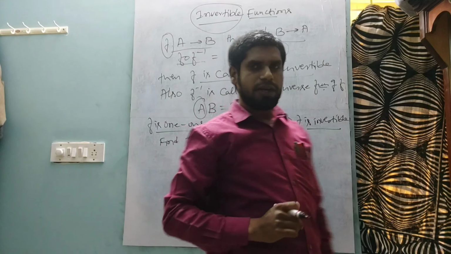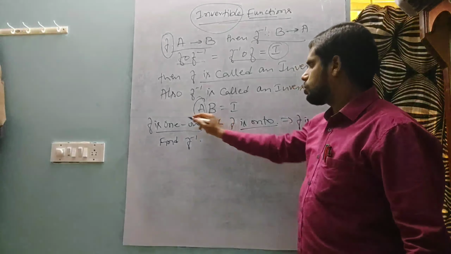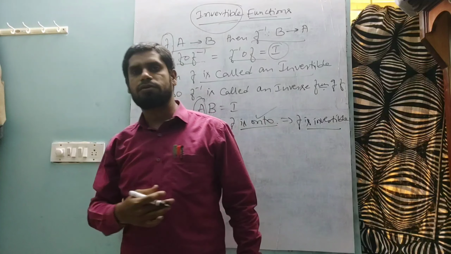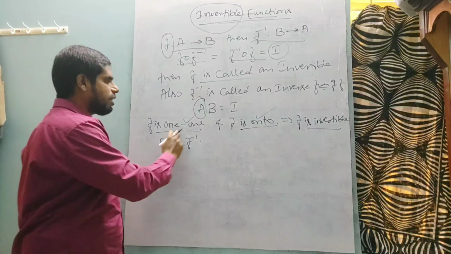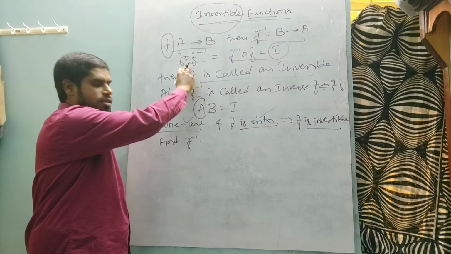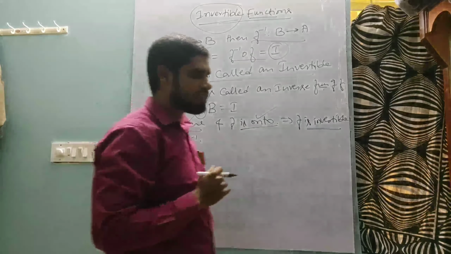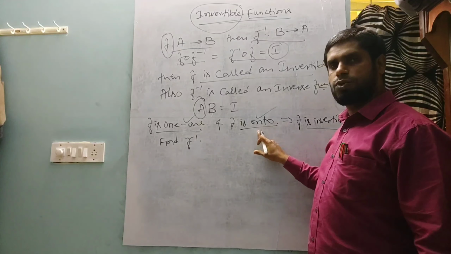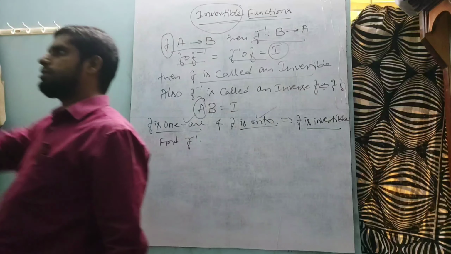So student, for invertible function problems, I feel the best method is to prove 1-1 and onto. Because in our previous videos and classes, we studied much about 1-1 and onto functions, and compared to composite functions, it is very easy to find 1-1 and onto. So in this video, I will apply the 1-1 and onto method to prove f is invertible.